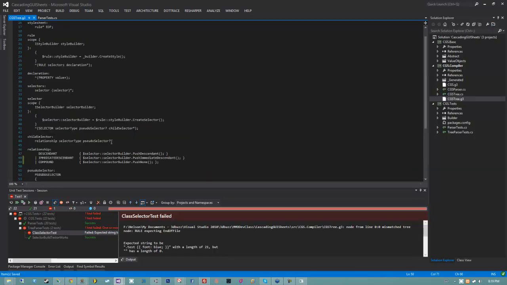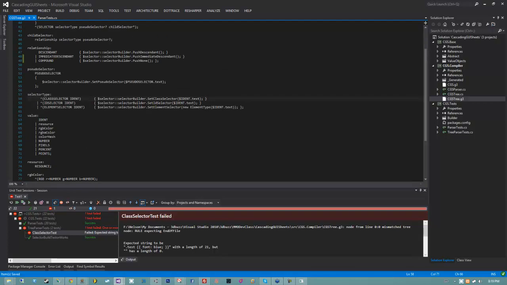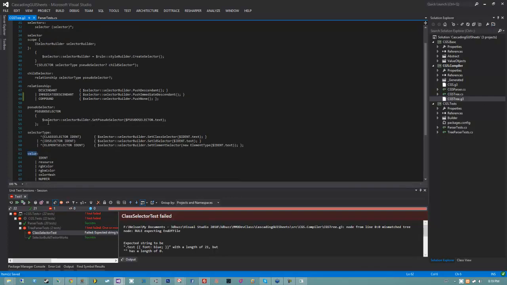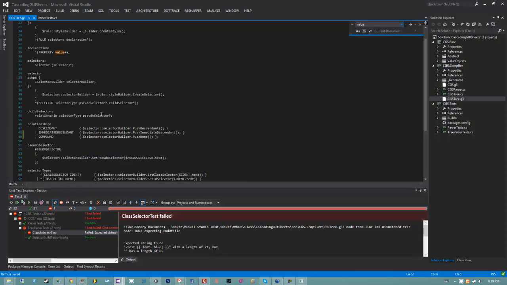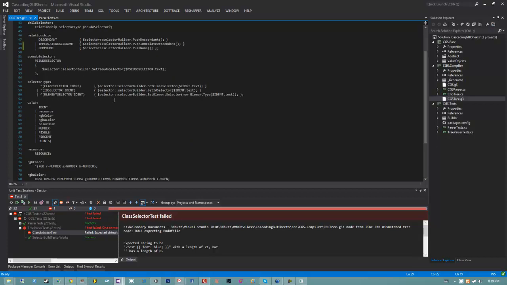I think the last thing I need to do is my rules. And the rules are going to be fun, I guess. See, the values are going to be a little bit more difficult because we can have multiple values. So how's this going to work? What I'm going to do is go up here. You see how I have this value plus? I'm going to actually change this to a rule called values. And I'm going to use the values rule